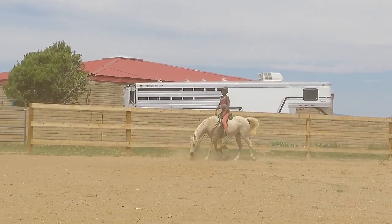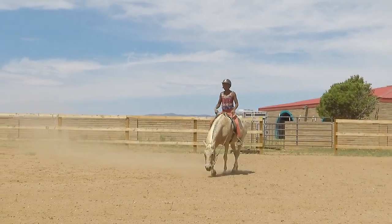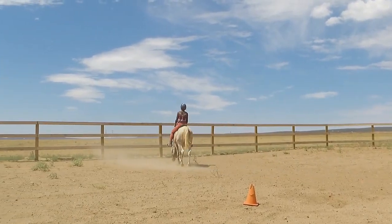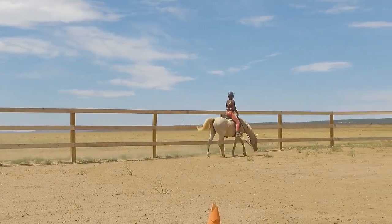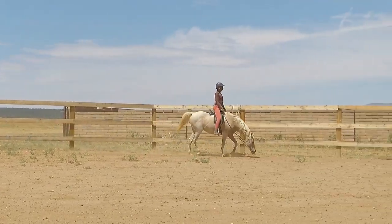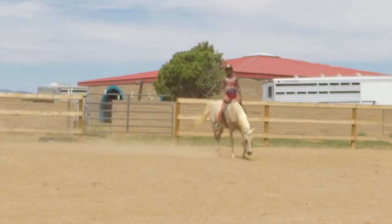Because when they're hollow and have their backs clenched, they really have to rely on their shoulders to pull themselves along. And so these underside neck muscles become more pronounced, and the top line becomes minimally involved and therefore doesn't develop much density. The horse relies more and more on their forehand to propel them forward, rather than developing the hind end to push them forward, and so their hind end gets left out behind them and can't come up underneath the center of the horse to push up through the horse's back and lift the back up. The back sort of sinks downwards instead,